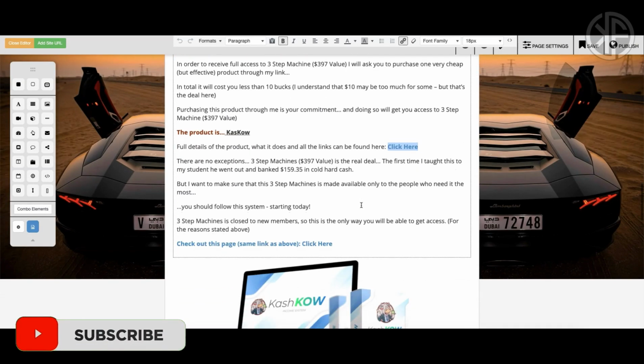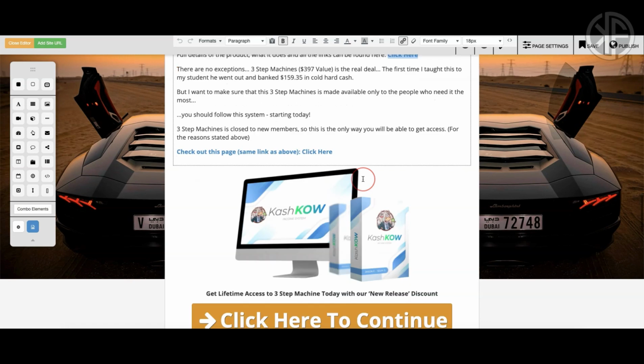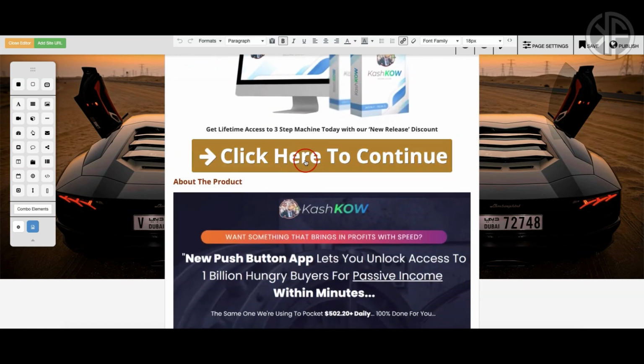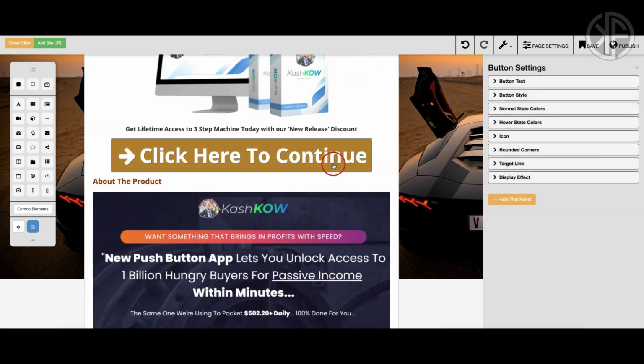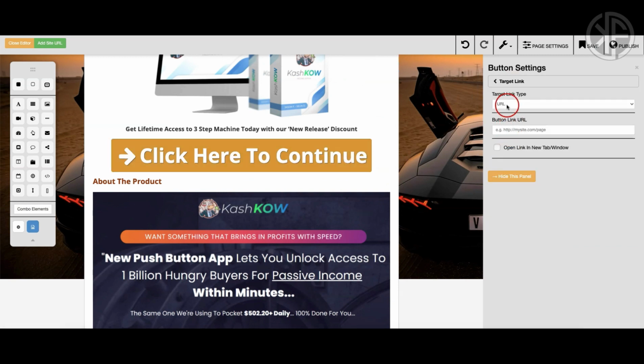And you're going to do this throughout the page, okay? Because there's various areas where they have these links, even the button. So if you want to change the button to have your affiliate link on there, you're going to highlight that button, and then you're going to go into the settings, and you're able to change the target, okay? So the URL, you're going to drop in your affiliate link right here, and then you're going to save it,